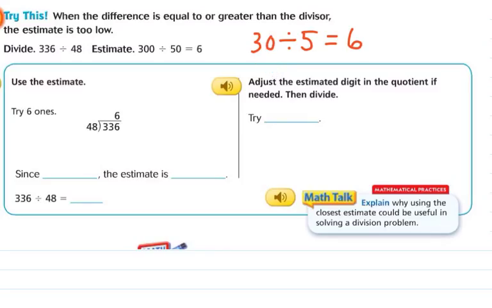So we're going to try and see if this actually works out. We're going to use our estimate. We got in our estimate 6 ones. So we're going to place a 6 in the ones place. 6 times 48 would give us 288. When we subtract, we would get 6 minus 8 is